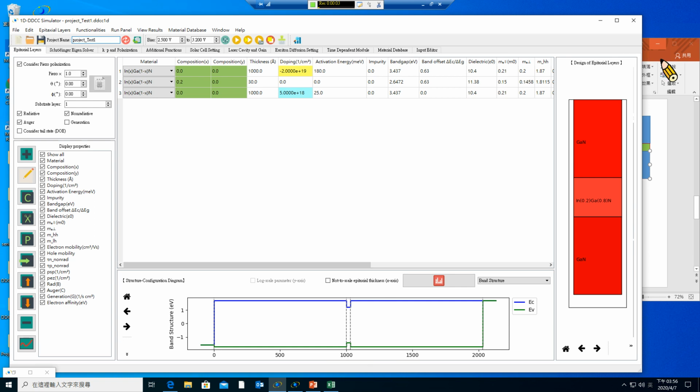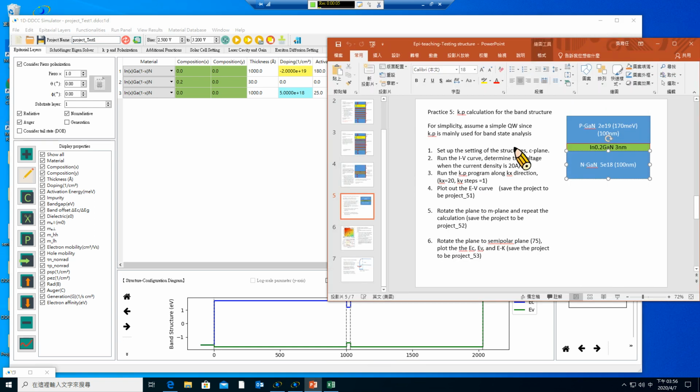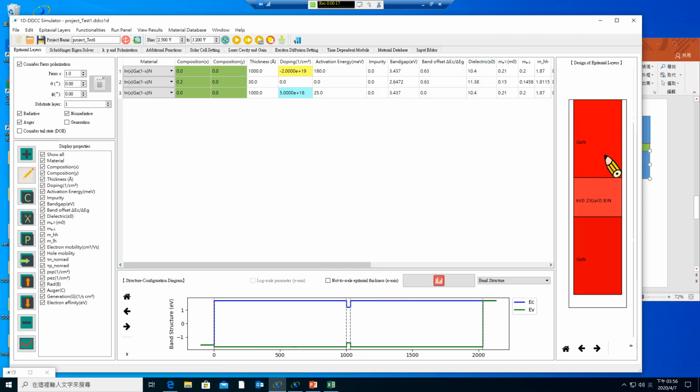Okay, right now we already finished simulating the PIN diode structure with the quantum well. In this solver, in this part, we simply solve the Poisson and drift-diffusion equations. If you want to solve the Poisson drift-diffusion equation in this PIN junction, then basically we treat